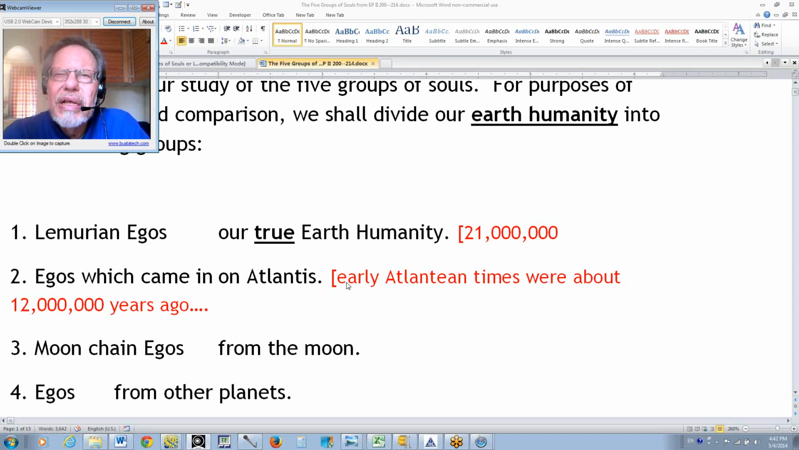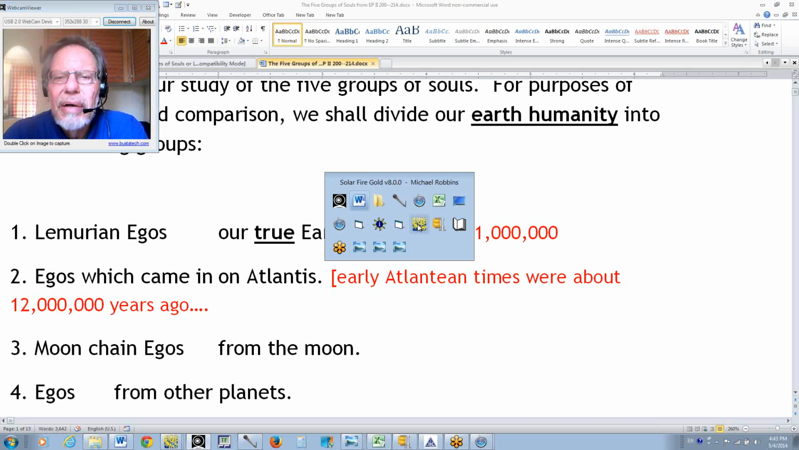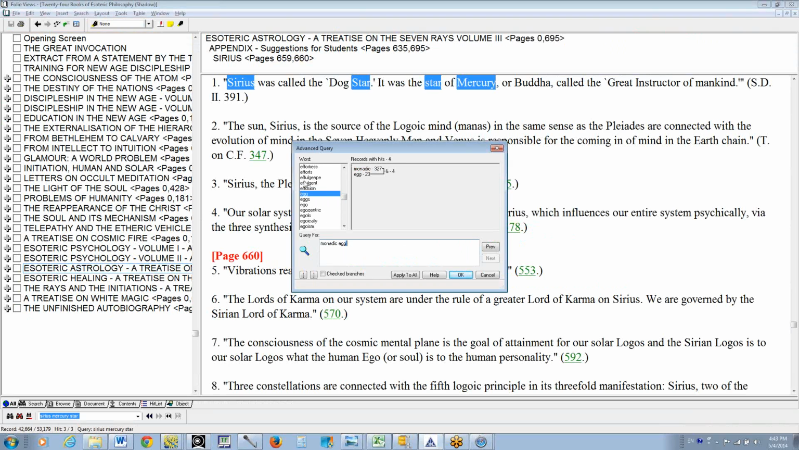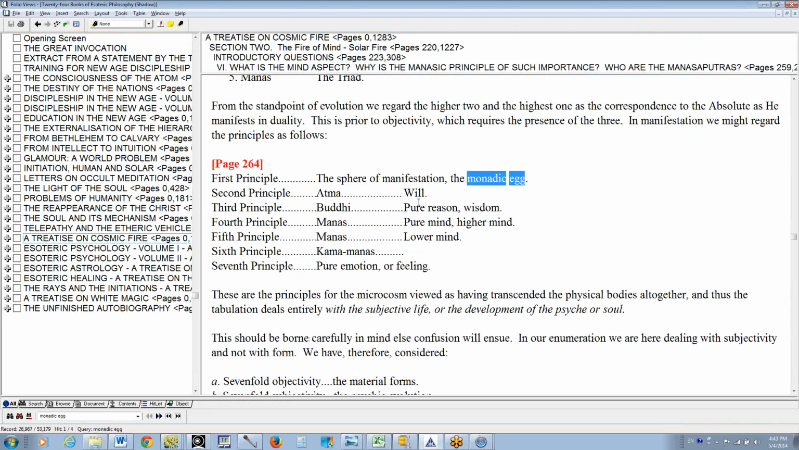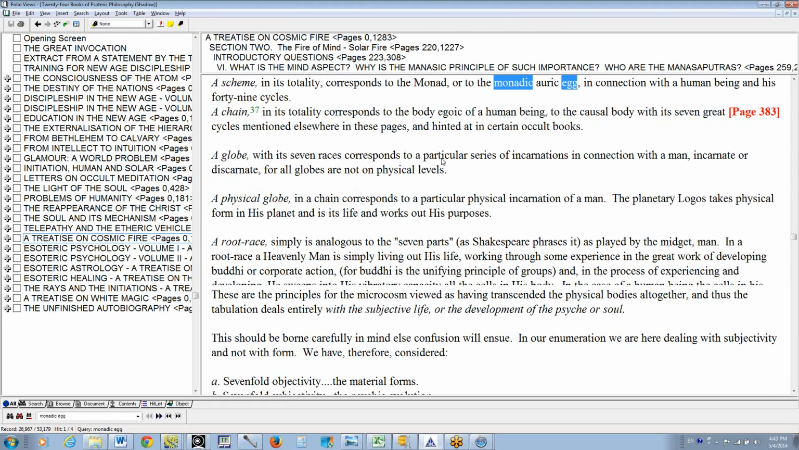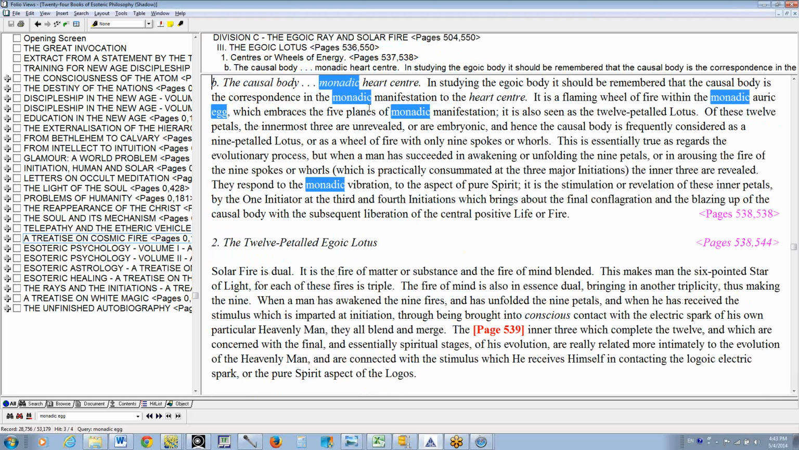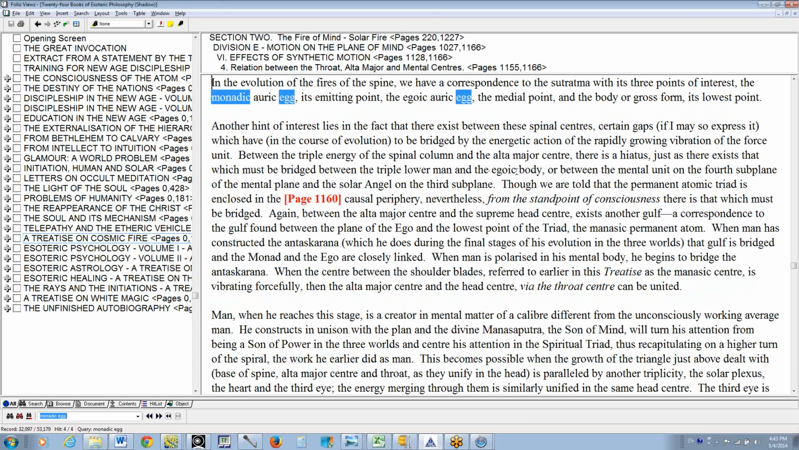And I have the sense that there is something called the monadic egg. Let's see if DK uses that term in any place. I will go over it here. Monadic egg? Well, there are several. So yes, the sphere of manifestation, the monadic egg. Okay, and the egg, of course, we know is oval. The monadic egg, or auric egg, the causal body, monadic heart center, not there so much. And let's see if we have it over here. Monadic auric egg, indeed we do. And maybe one more, let's try it. And monadic auric egg. Okay, so we get the idea that the ego, so to speak,